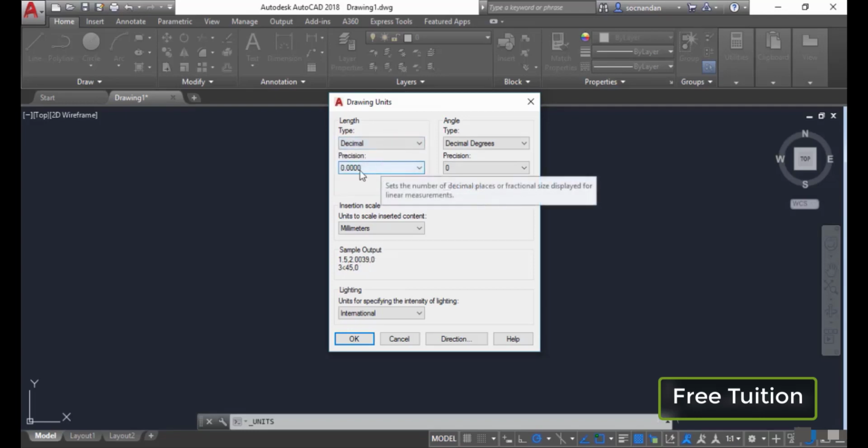it to decimal again. Now here we have the precision. So currently the precision is set to 4 decimal places. You can change it to 2, 3 or whatever value you want. So this will not change the actual precision, but it will only change the precision of the values which are displayed on the screen. So I'm changing the precision to 2 places, and now the insertion scale, which will be